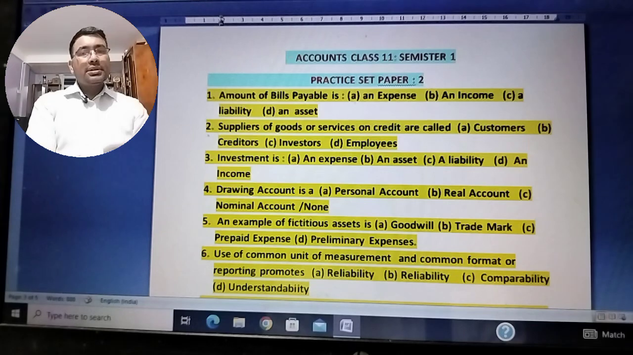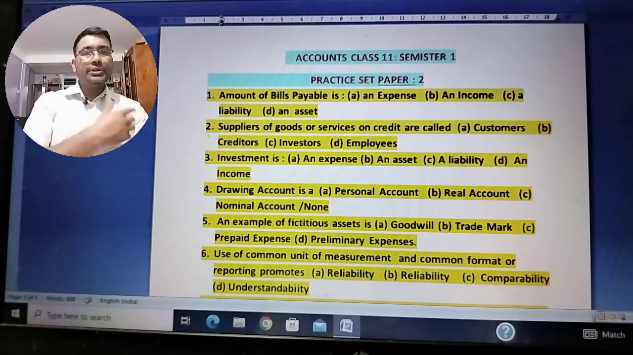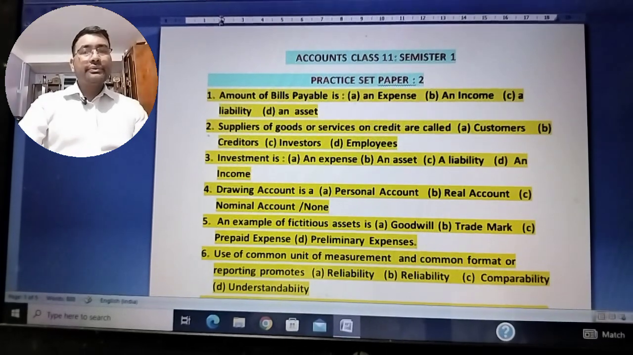But I have initially prepared basic questions, so that in set paper 4, 5, 6, I will be preparing some tougher questions which you are expected to get in the class 11 first semester examination. So let's get started. So number one question is